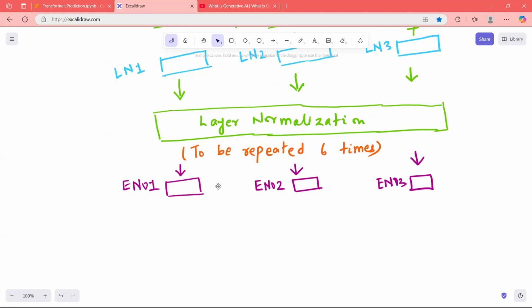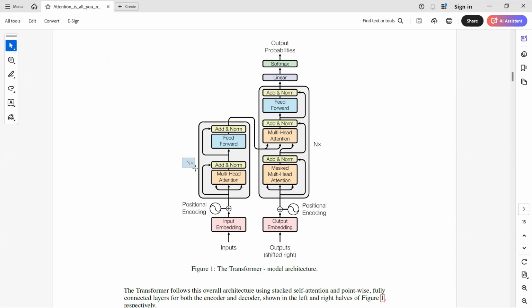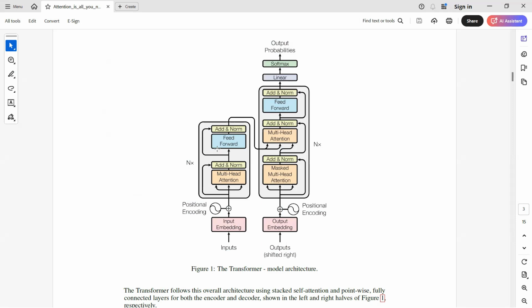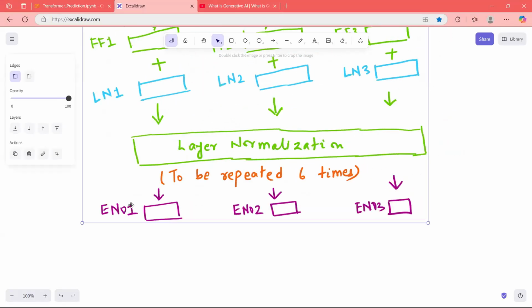To be repeated 6 times. Why? Because this Nx is 6 encoders. So the same process will repeat 6 times. Obviously the network will be different. Feed forward, attention, weights, all these things will be different. But architecture-wise it will be the same. Okay, 6 encoders it will come, and finally what you are going to get after 6 times is